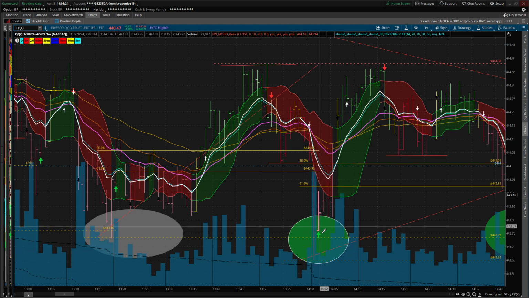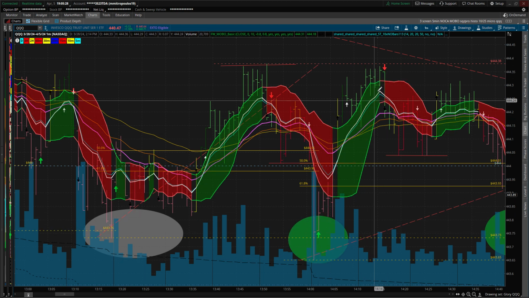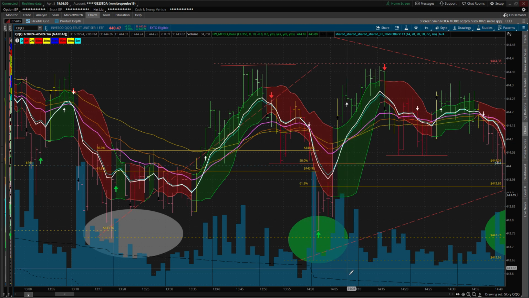This I alerted. Oh, no, I did not alert this one. I think this went too quickly. But this went 60% right here. Look at this move. And then, let's see,